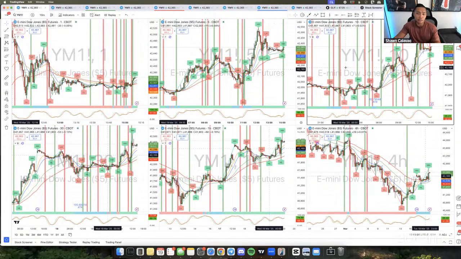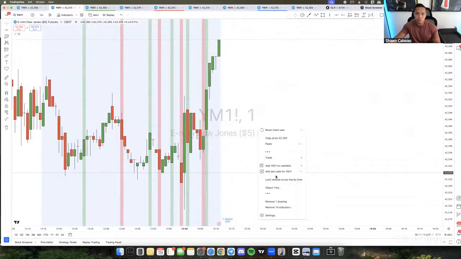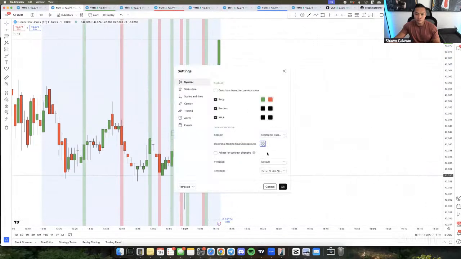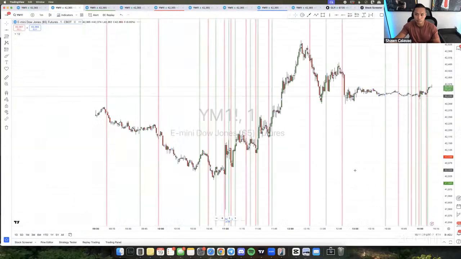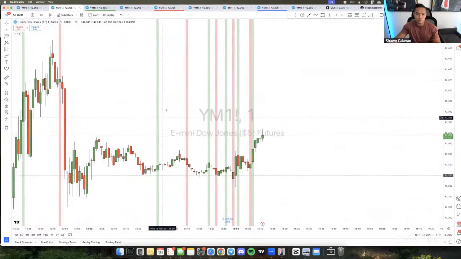Again, you don't need this, but I use this for my confluence just to identify where the overall trend is. I'm not going to go over this one right here. This is for the breakout. If you want to have this here for the breakout, you can, but not everybody takes the breakout. This is mainly just for people who take the breakout, and I just have this up here to mark it up so it's not messy on the main chart.